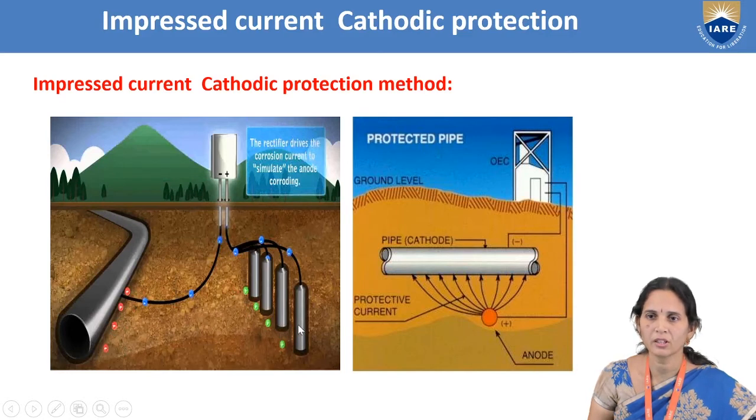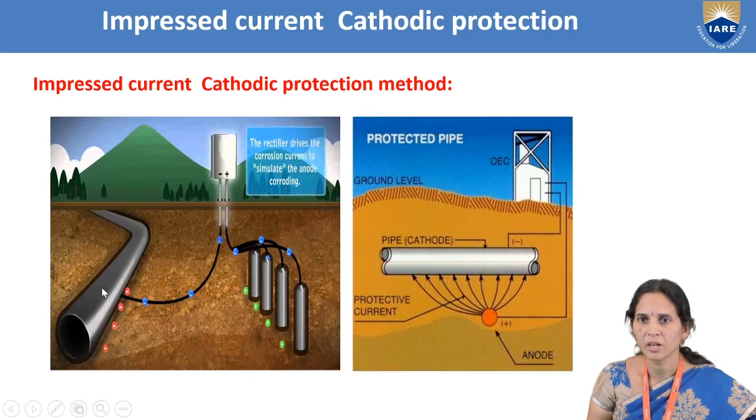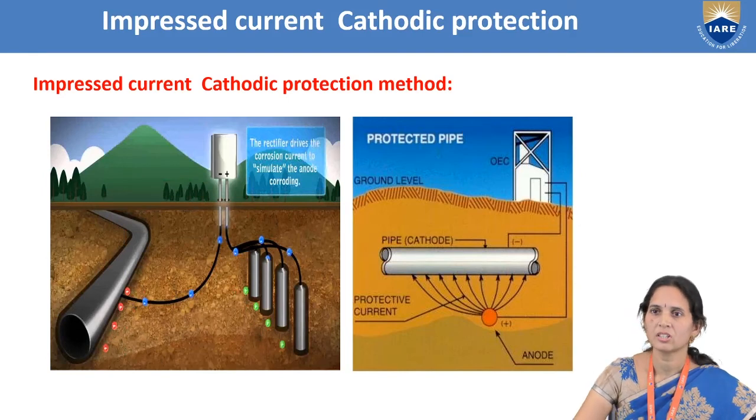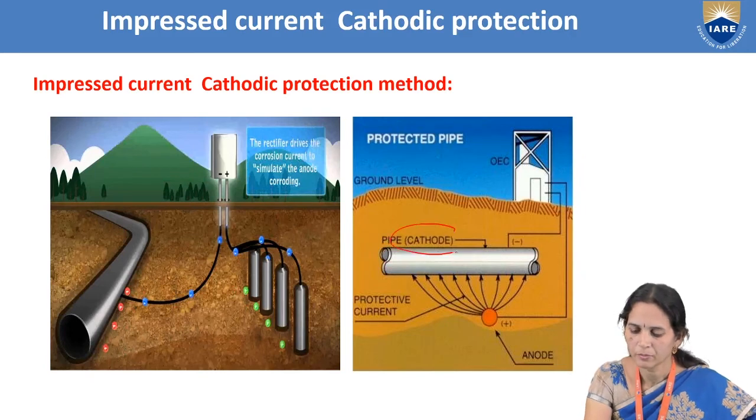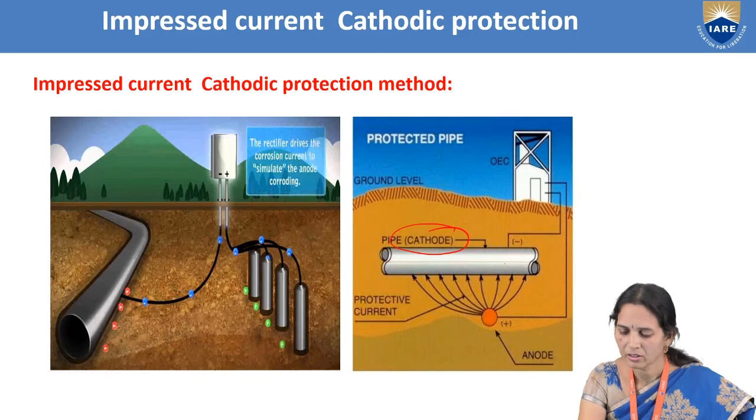We are protecting it by connecting anodes, and we connect them to the battery and pass the current. When we pass the current, that current is passed to the base metal, and the base metal will be protected. So in this diagram also we can understand. The iron pipe behaves as a cathode, and it will be protected by connecting to the anode,